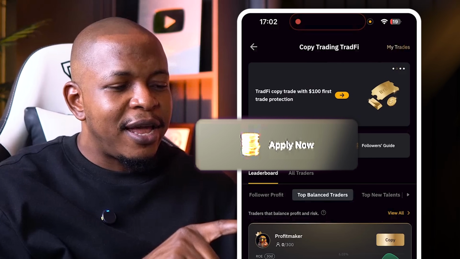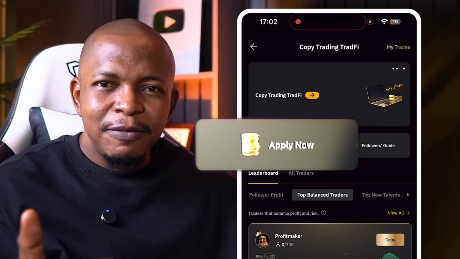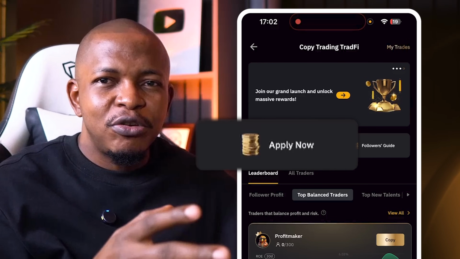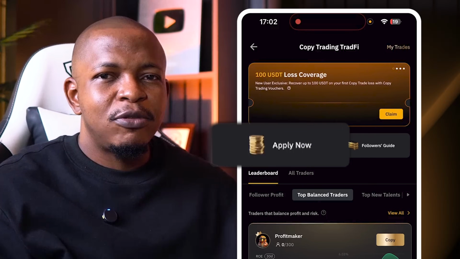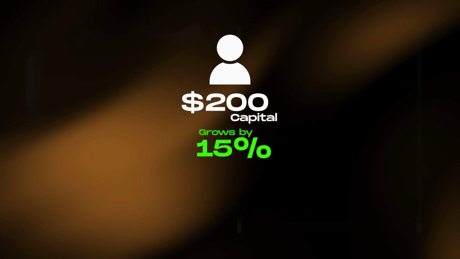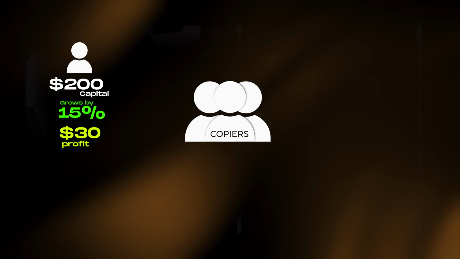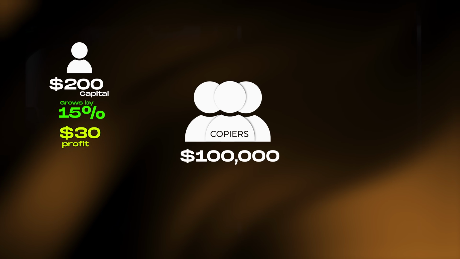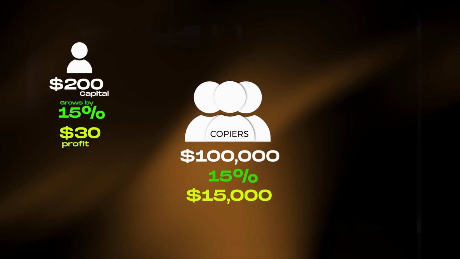So this apply here, use it to apply to become a master trader, meaning people can copy your trades and you earn a percentage of the profits you make for them. So imagine this: a skilled trader only has $200 to trade and grows it by 15% each month. That is $30 in gain. Now, if the total amount copying his trades is, say, $100,000, the same 15% will amount to $15,000 for his